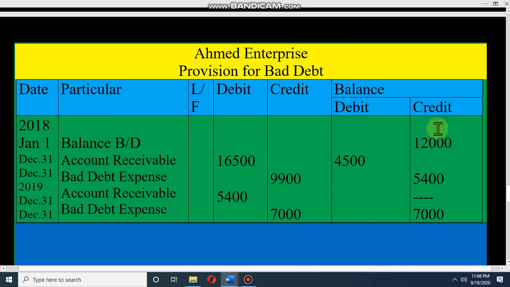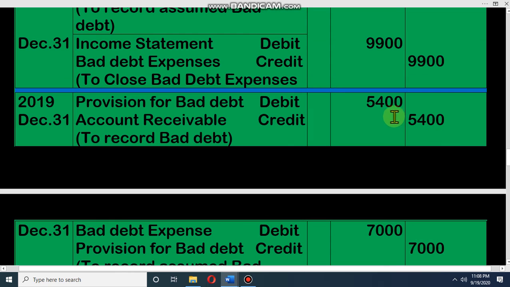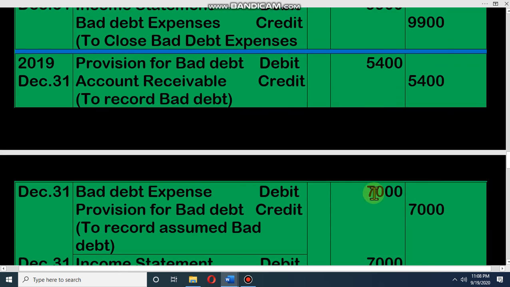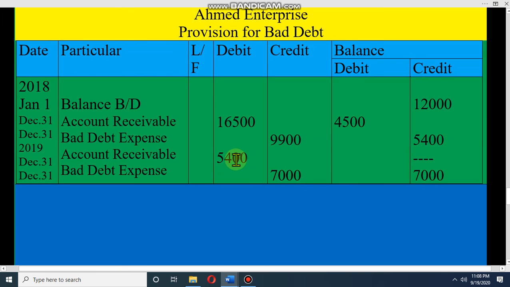Then we have to make the balance: credit balance 12,000, debit balance 16,500. So the difference is 4,500 on the debit side, because the debit side is greater. Then with credit 9,900, the difference will be on the credit side, it is 5,400. And next year you have to start with this balance. What happens next year? Provision for bad debt debit 5,400, and provision for bad debt credit 7,000. Look at the math: debit 5,400, credit 7,000. Now balancing, 5,400 debit against 5,400, balance is 0, and 7,000 the balance